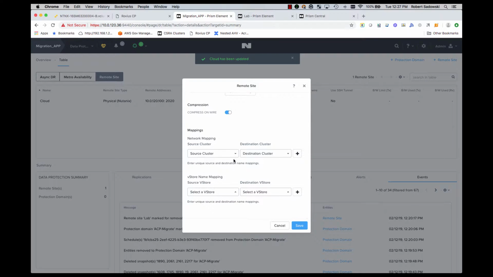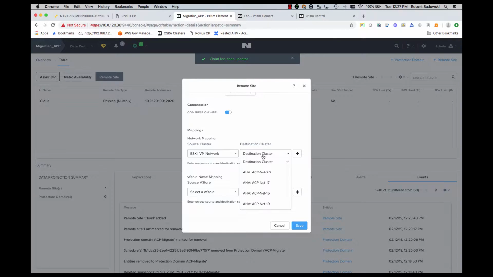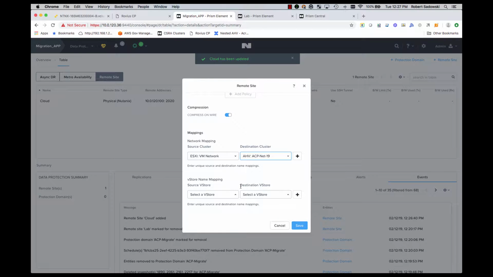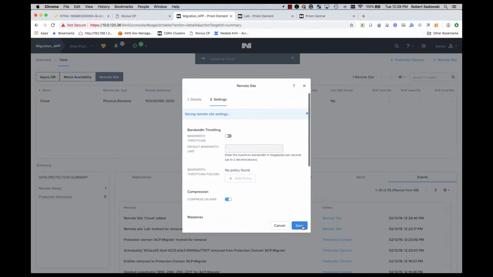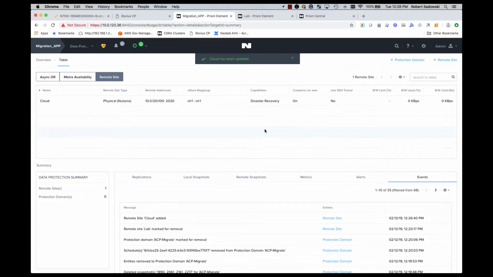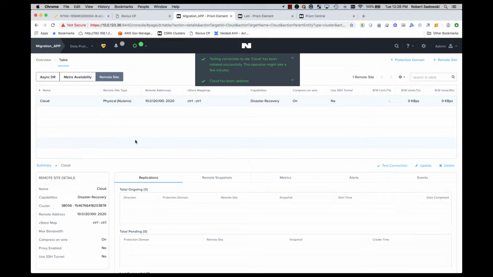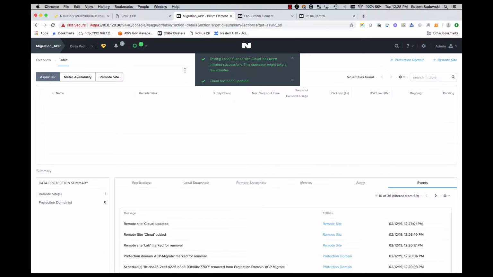On the next page, we're going to see a few properties. We can throttle, we can compress the connection. Here we're actually going to map. And so what that's doing is it's setting the target network and target storage system. Most importantly, that network, if you would so choose, that's an ACP generated network. So let's go ahead and test the connection, make sure we're all good,